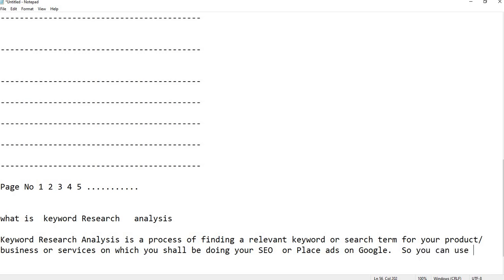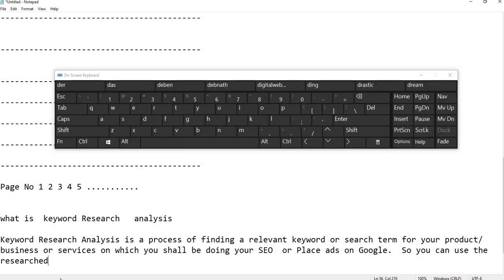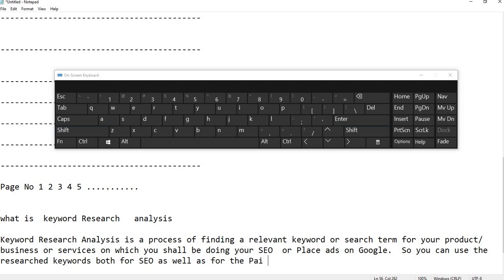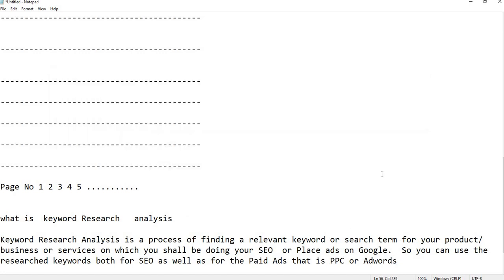So you can use the researched keywords both for SEO as well as for paid ads, that is PPC or AdWords.